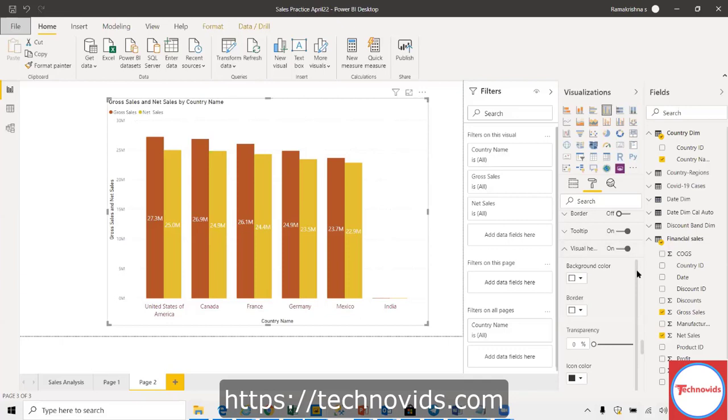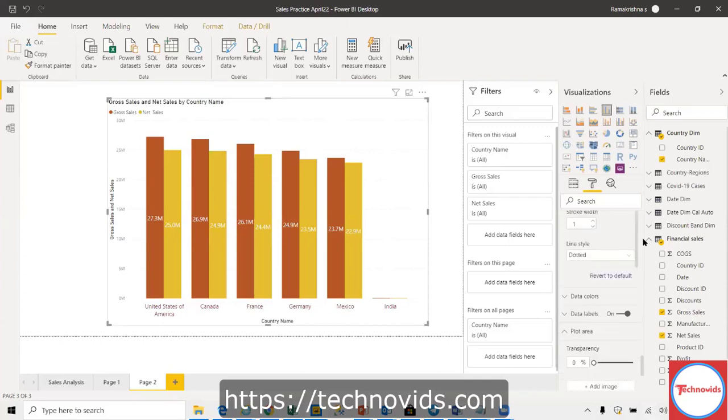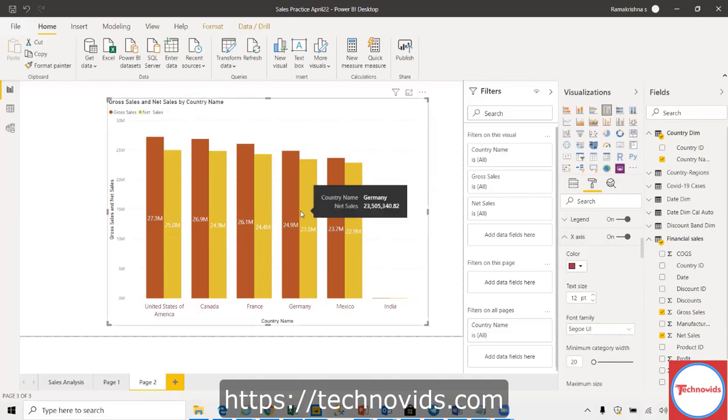Generally they will go with one font across all the reports, though they may change it a little bit here and there. For the header they may go with one font, and another for the data label. But generally what I have seen is they go with one font across all reports so that it looks standard and professional.